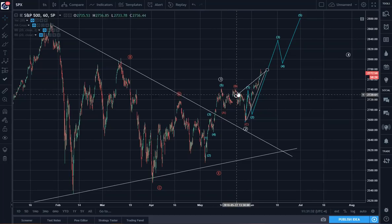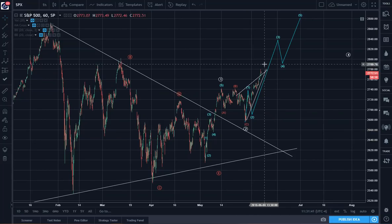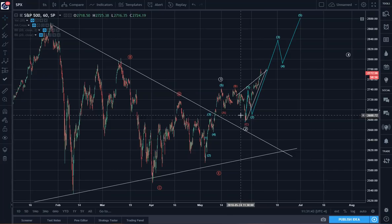It came back down as an ABC, a very classical ABC, flat, 3, 3, 5 sequence type. And then it started rising up again. And I drew out the blue impulse 1, 2, 3, 4, and 5. Now,